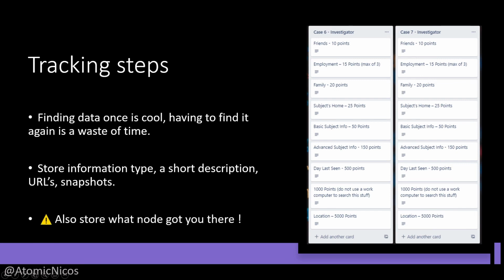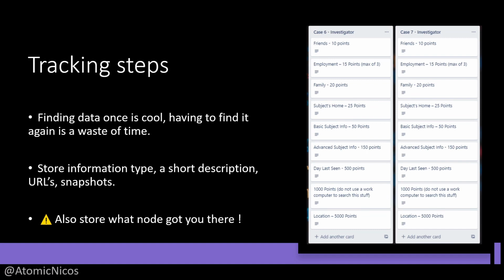Also know how you got to that information. For example, you're going from point A to point B to point C to point T, whatever. Well, if you found, let's say, their license plate and an image that you found on their Facebook that you found through their Twitter, mention that you found it this way. Because if you need to re-find it because you forgot the URL or you deleted it or whatever, you'll be able to do that without looking at the entire data set again. So yeah. And once you have this,